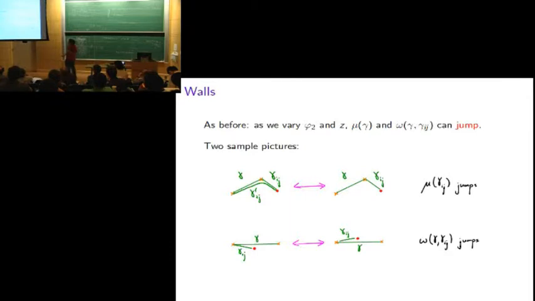As before, we vary phi 2. Before I asked, how do these invariants jump when I vary the quadratic differential phi 2? Now I can ask an additional question: how do they jump when I vary my new marked point, as I move my dot around the curve? So now I have a bigger parameter space. Just as before, these invariants can potentially jump. This picture is almost like the one I drew before. This is one of these open guys decaying into the union of an open one plus a closed one, so the open stuff interacts with the closed stuff. And here's another thing that can happen, which isn't so exciting.